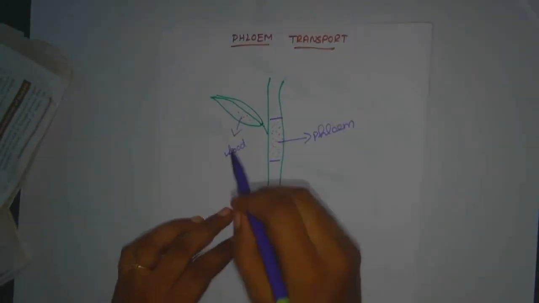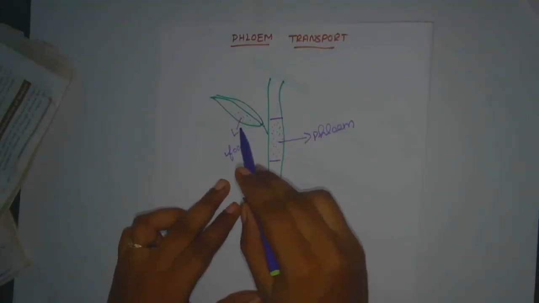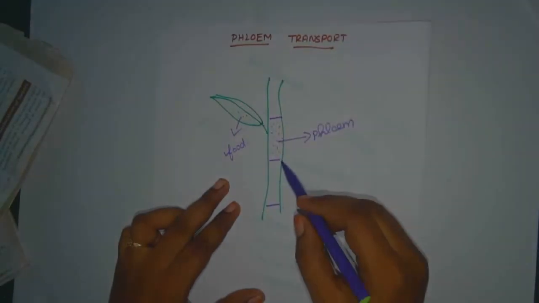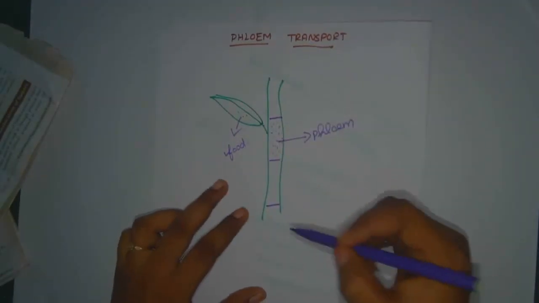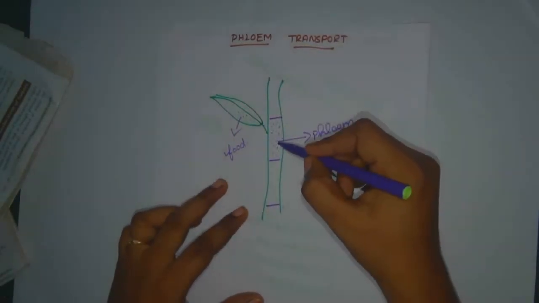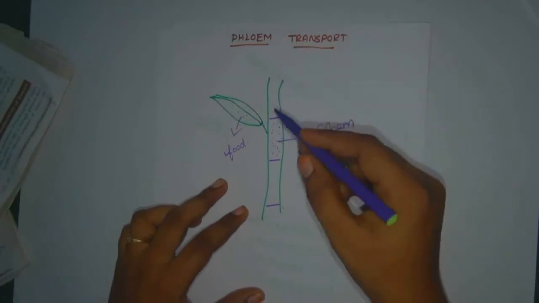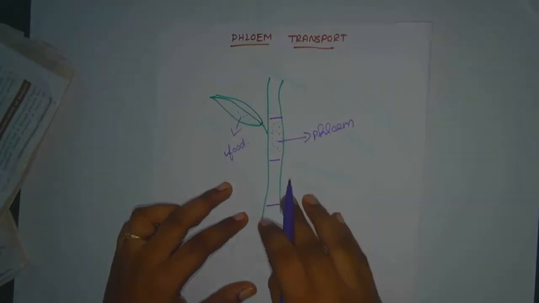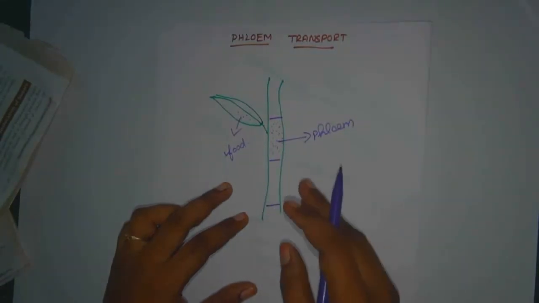The first thing, food is synthesized by the leaf and transported through the phloem to the entire parts of the body. Here they have two directions, and unidirection also. Whether they are transporting to all the parts of a plant, or in a unidirection, they are just storing the food material for when it is needed.